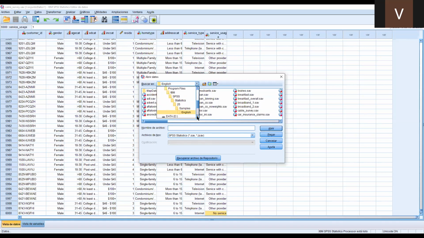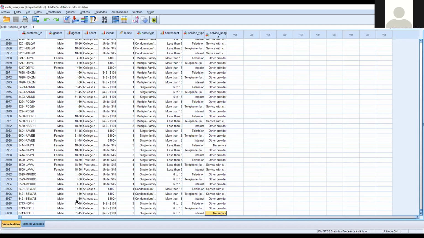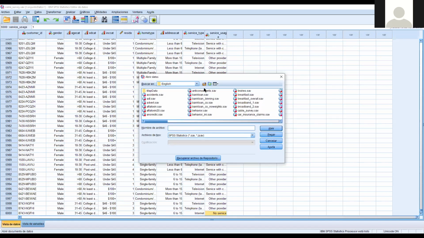So are we supposed to see it all white or with data on? Because I have two. No, with data. I don't see English. I only see recent, desktop, documents. I am sure that if you choose your hard drive, OS on C,